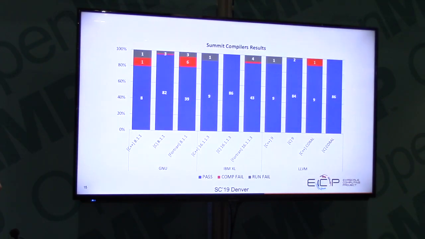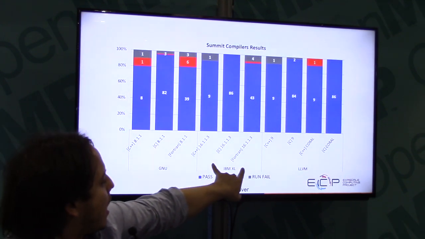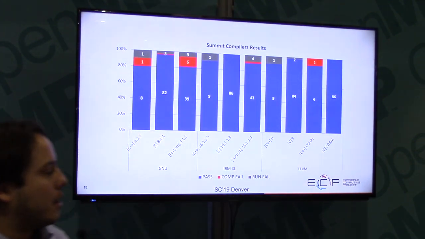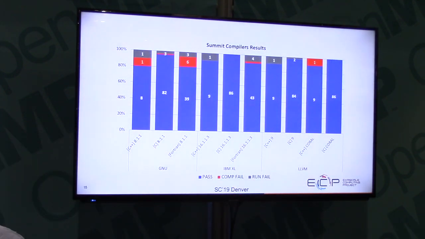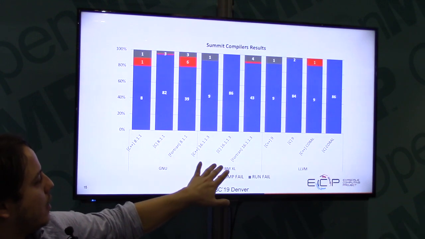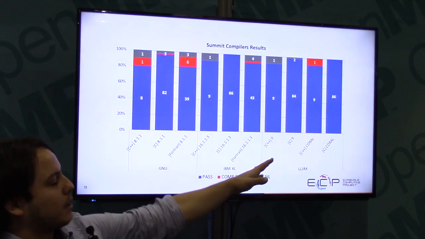So, for example, here are some results on Summit; there are multiple ways that you can run this. These are results for GCC, IBM XL, and the LLVM compiler. On Summit in particular, there are two versions of LLVM. One is the 9, the trunk version. The other one is the CORAL or the YKT version of LLVM that is also available to download. So we have been able to try our test suite on those two. And we see, for example, that if you were to stick only with IBM XL, you'll see that all of it passes. But whenever you move to another one,